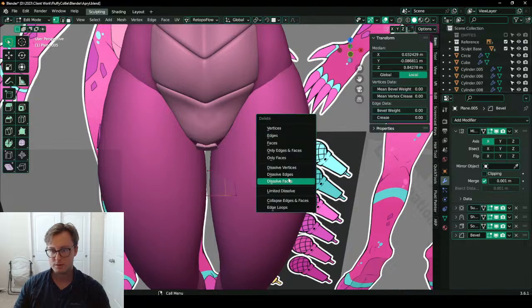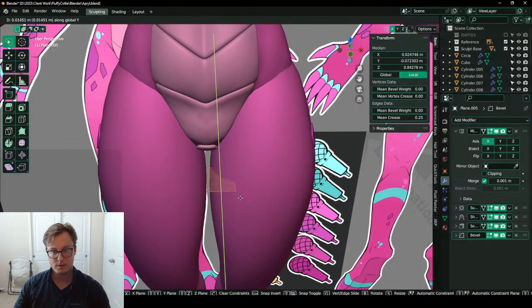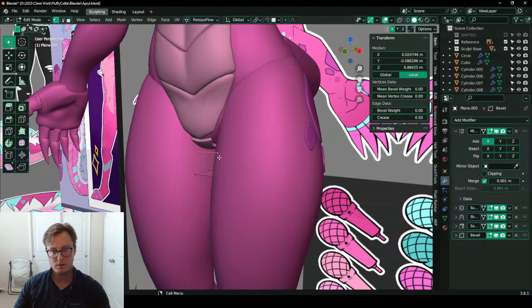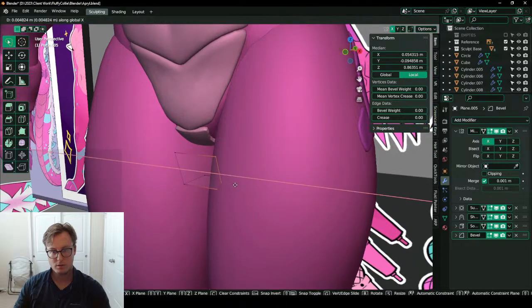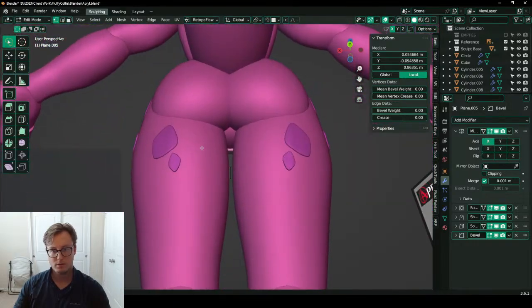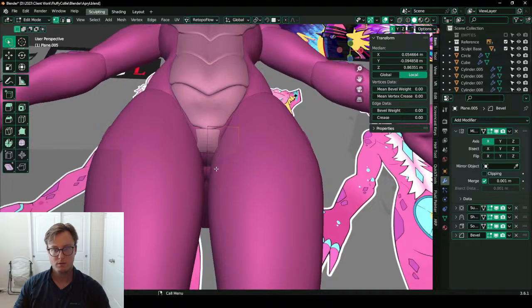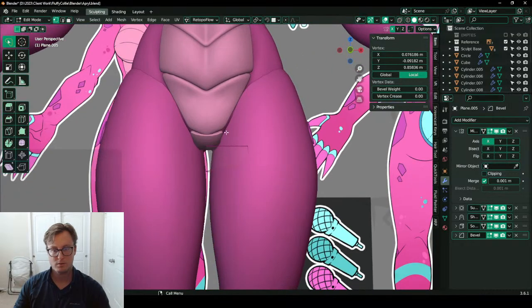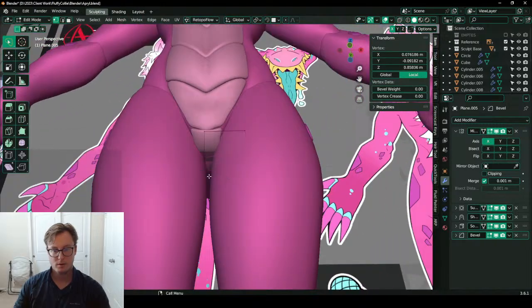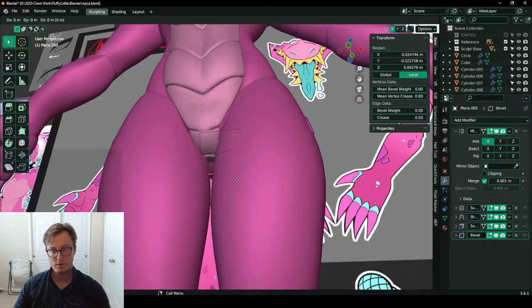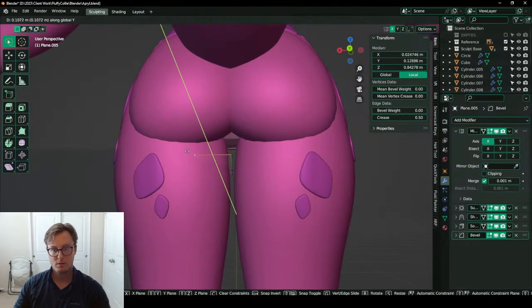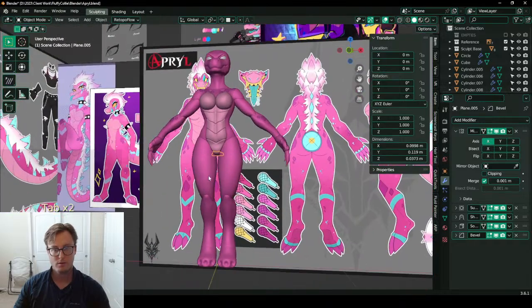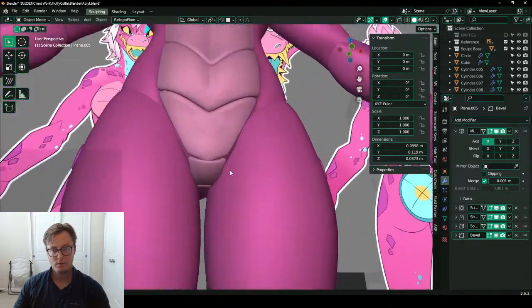Let's make sure that the mirror is on here, so I stop separating it. Go.